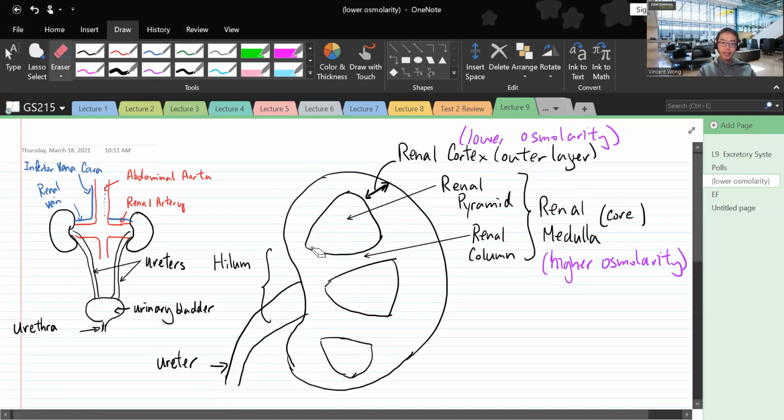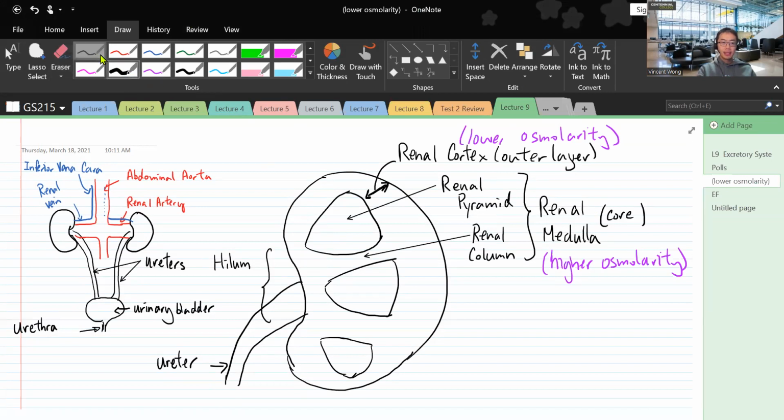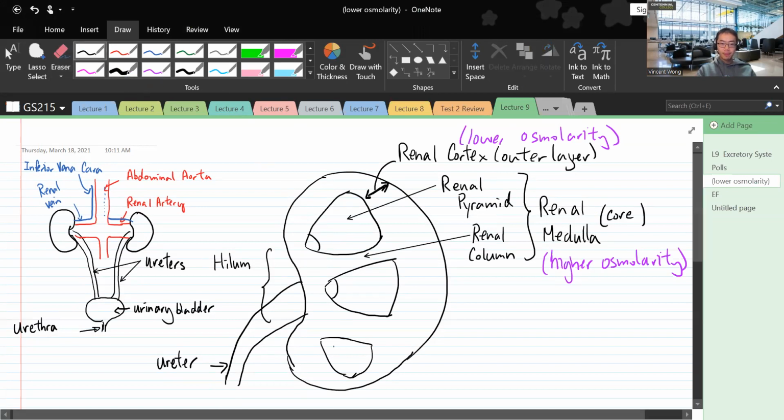At the tip of the pyramid, that little pointy part, that is called the renal papilla. A papilla is like a knob, like the pointy end. What happens is, outside of the papilla, you're gonna have a cavity, a space. The urine is actually gonna drip out from the papilla, kind of like,